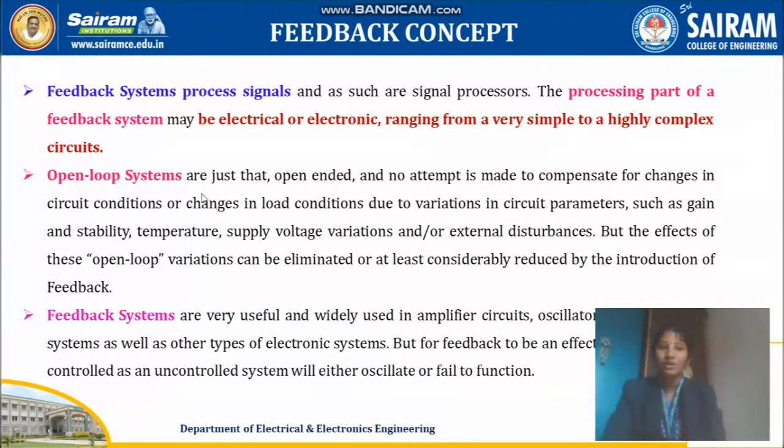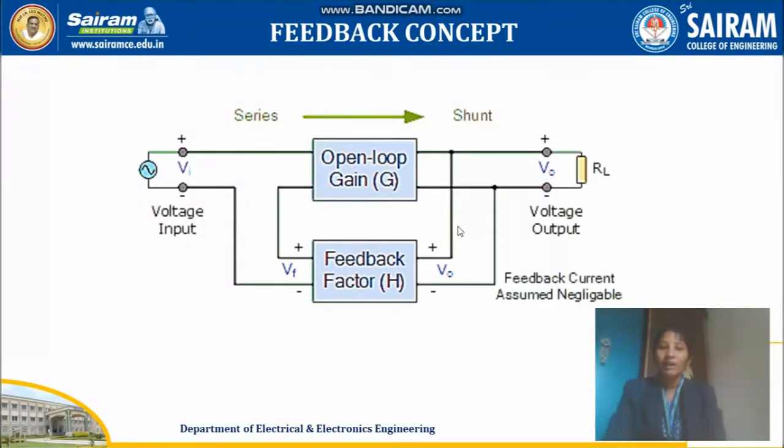As we discussed earlier, there are two types of system. One is your open loop system and another one is your closed loop system. Open loop system means there won't be any feedback available here. Whatever you are getting at the input, based on the open loop gain you will get at its output. But the output we are getting is a varying quantity. It will continuously vary for any variation in your input or any disturbances occurring at the input. So this is not suitable for a system where efficiency is required. To maintain good efficiency and complete stability of the system, we need to have a feedback.